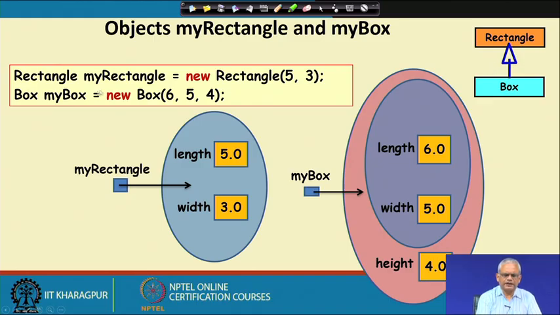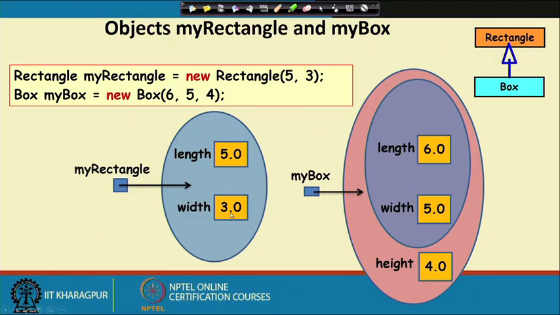We write Rectangle myRectangle is equal to new Rectangle, and we give the dimensions of the rectangle, 5, 3, as the arguments to this constructor, and Box myBox is equal to new Box, and we give the arguments here. So, when we write new Rectangle 5, 3, the attributes in this object are assigned the values 5 and 3,